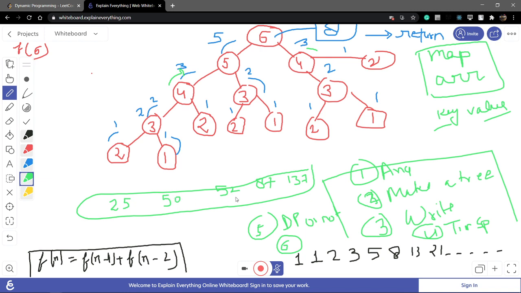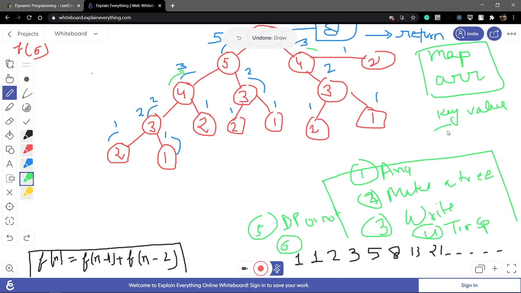But if I have to work on an array, I would declare approximately a 138-length array and only work on five elements. So the memory waste is 133. This memory waste is overcome with a map. Why? Because I am only using 5 indexes. That is a key, and a key is always unique, while a value can be repeated. So I make a map and store these values.